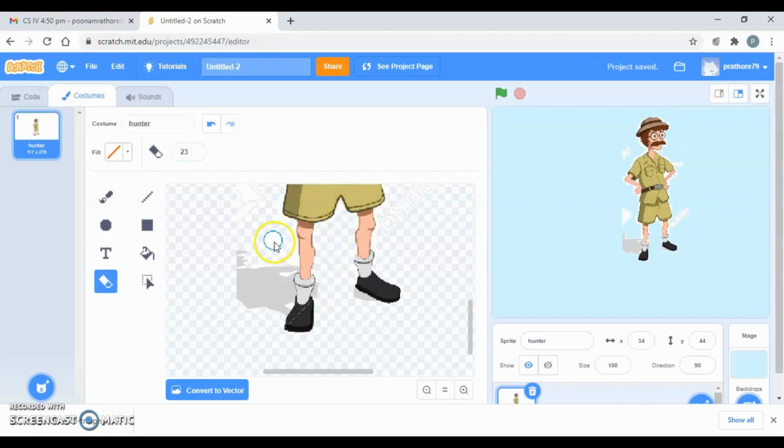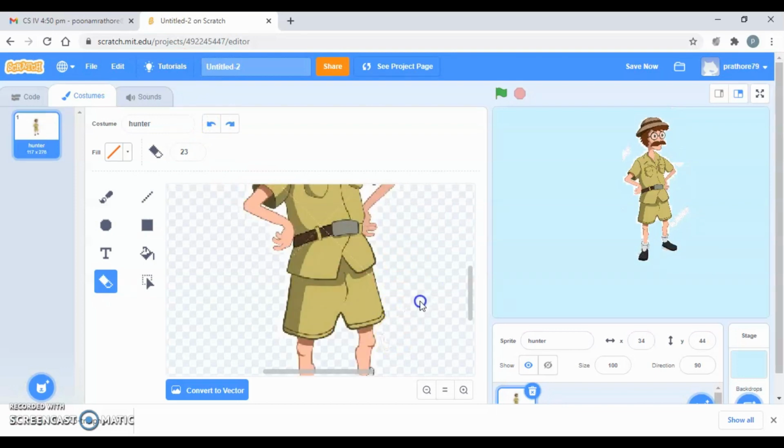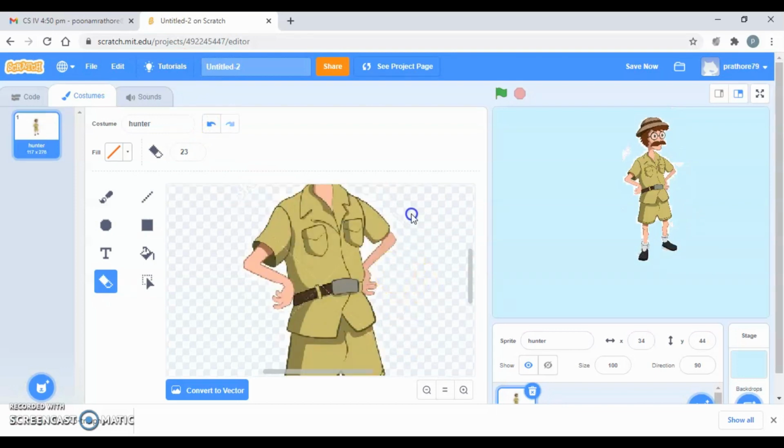This way, right? Just be very careful. If you anyhow delete something by mistake, you always have the undo option. So this way you will do it in Scratch itself. That is much easier.